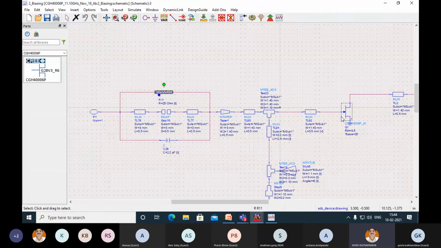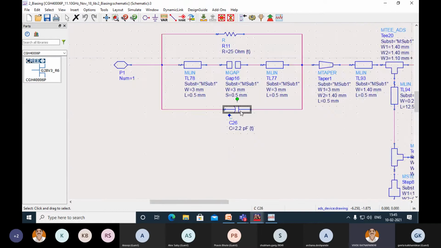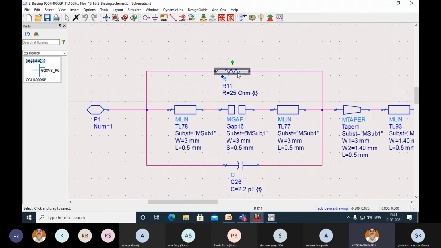Most of the GaN transistors are actually conditionally stable. So the designer's job for a PA is very, very difficult. First, they have to make that transistor unconditionally stable right from DC to fT. All right. So for that purpose, I have used this resistor, and it is good practice to have a parallel capacitance over there. Otherwise, what will happen? At your design frequency, this resistor will result in a reduction in gain.